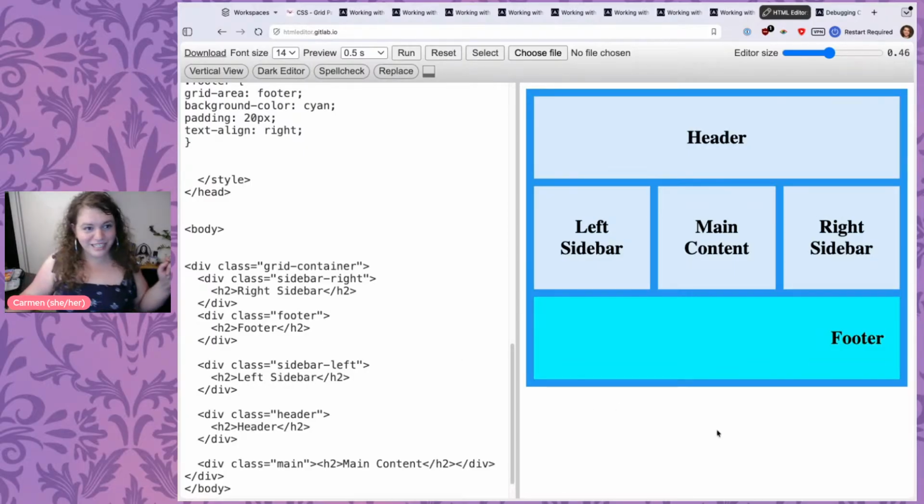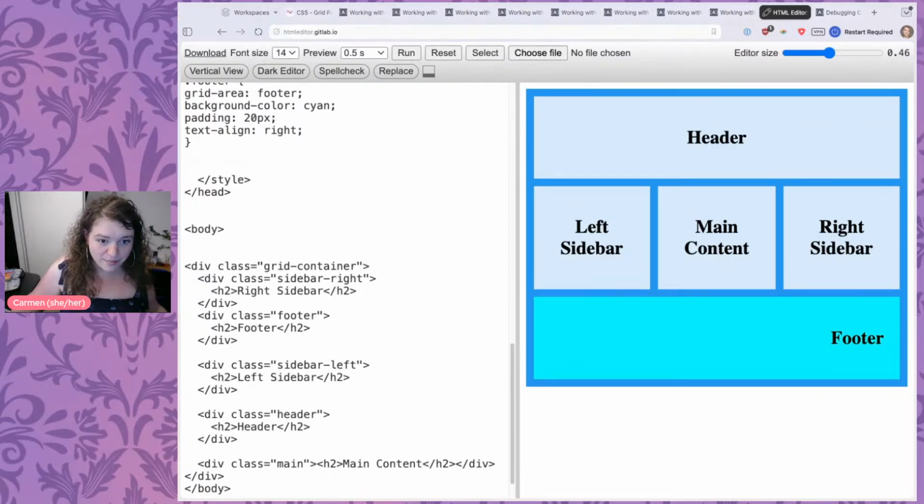Y'all like breaking stuff, right? So now my markup is completely different. Sidebar right, then footer, then sidebar left, then header, and then main. But notice that the layout in the grid looks exactly the same. Why? This is because we are using the grid template areas to tell it specifically what it should look like. However,